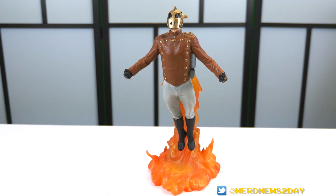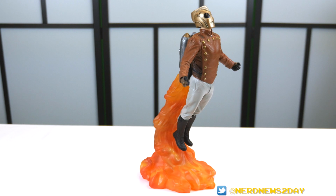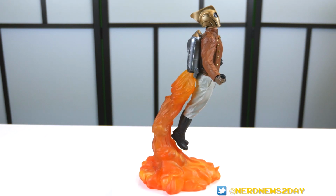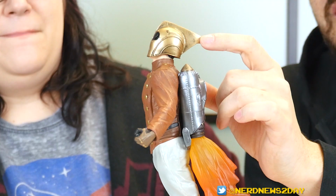Even the fly. I know that's such a weird thing to say, but even the fly, this feels very realistic. Yeah. So unfortunately, one of the downsides, and you guys can see it's kind of glaring up top, is his fin on his helmet. It's got a floppy fin there. It's bending this way, and I don't really know what you guys can do about that to fix it,